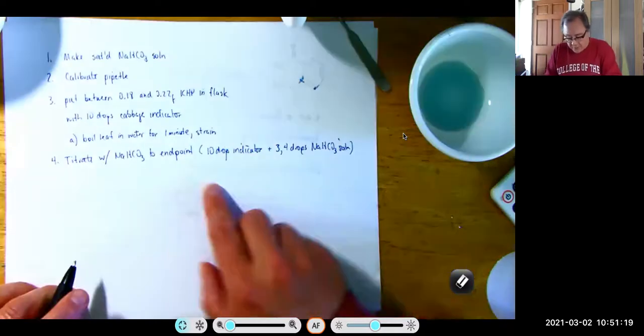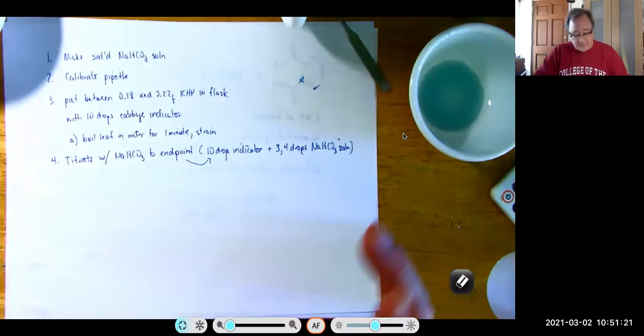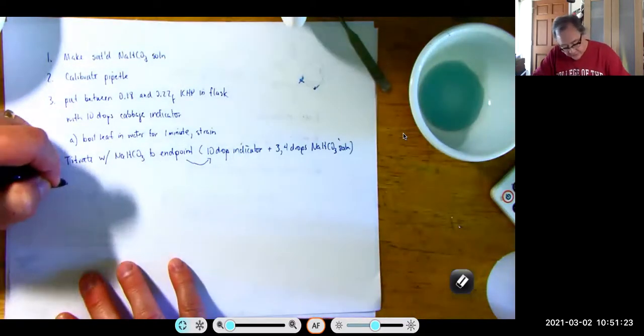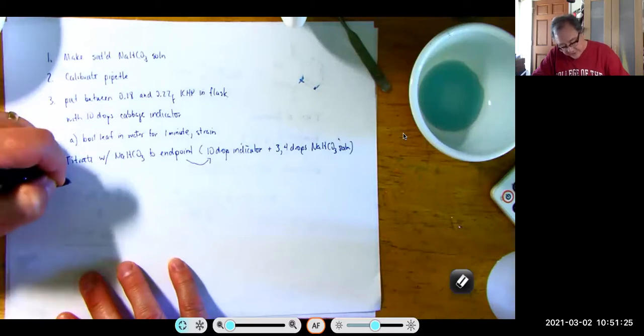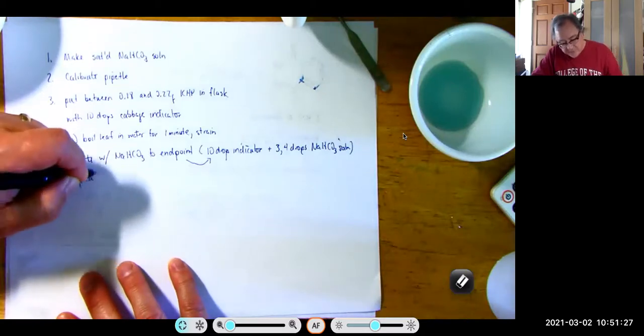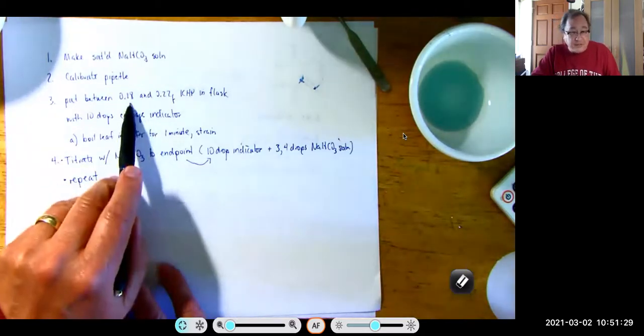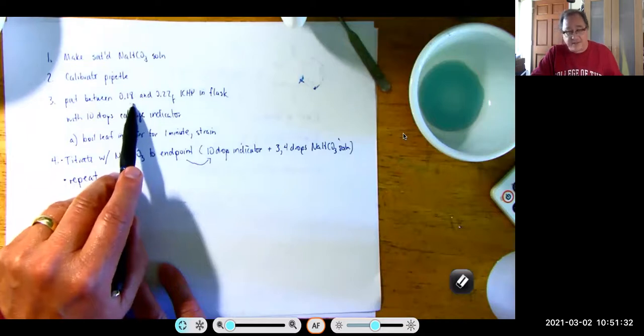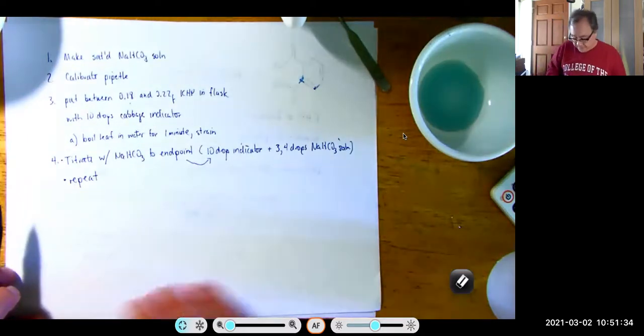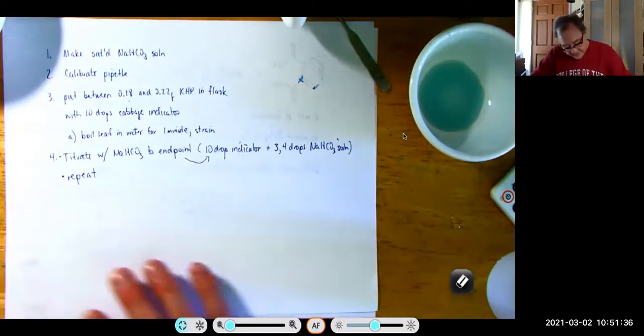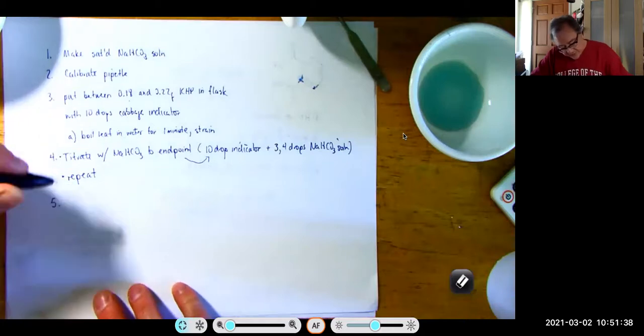So that's the endpoint. That's the color of the endpoint. And then after you do that titration, you want to repeat. When you repeat, get a different mass of potassium hydrogen phthalate. Don't get the same mass as before. Okay. And then 5, you're going to titrate